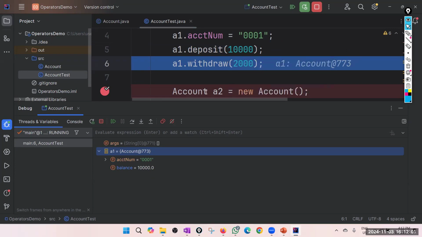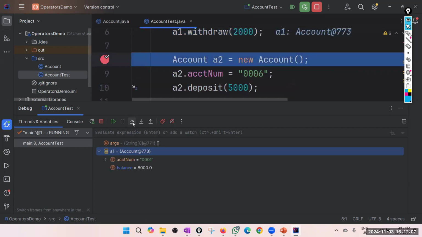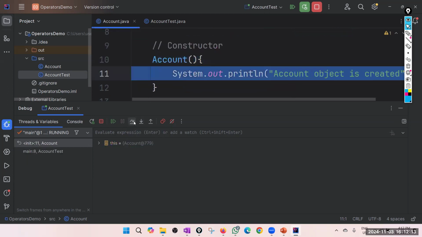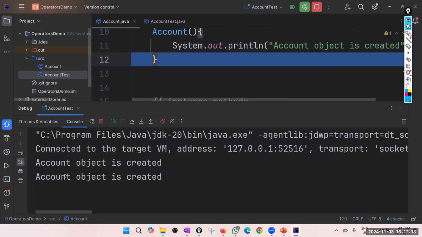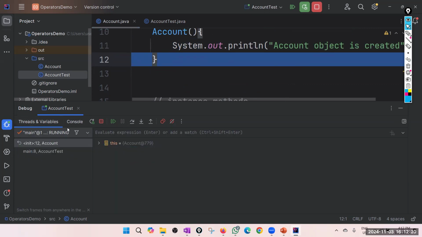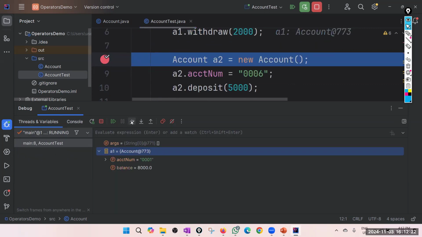The account 2 object is still not created. You are looking at the memory now. Now I will go to the second. A2 is still not created. I will step in to the constructor. Now that is coming from the second object creation. So I will say step over.